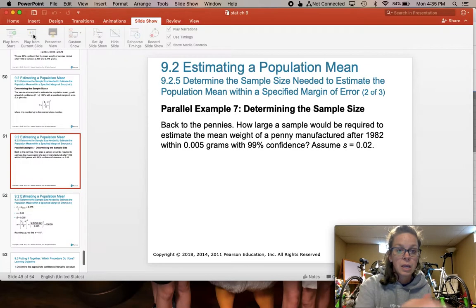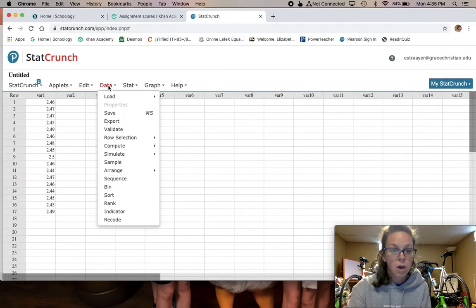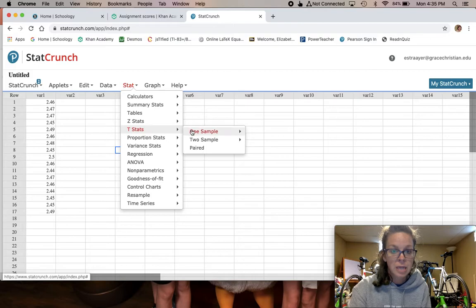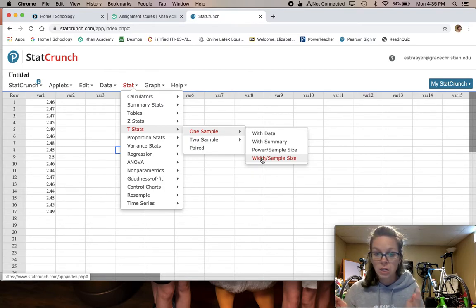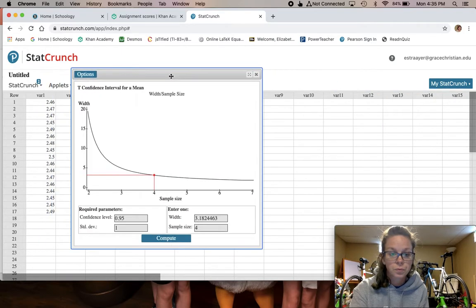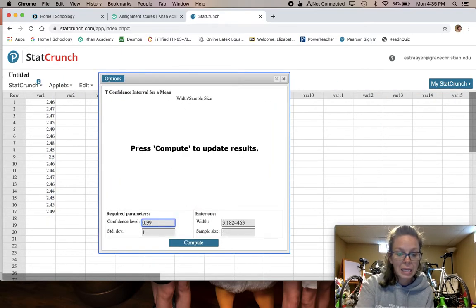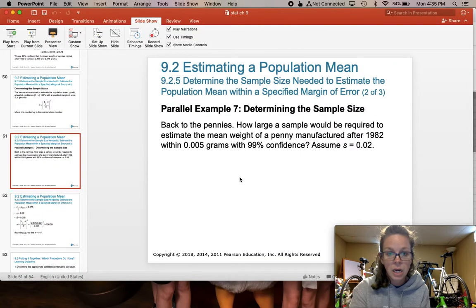Okay, so into StatCrunch. We are going to go into stats, into those T-stats, one sample, and we want to find our sample size with width because it said within this much, and I'm going to need to flip back because I don't remember how much it said, but we have our width is what we know about it. So we do know we wanted to be 99% confident, and the standard deviation was 0.02. And then this width is what I forgot. So back to here, within